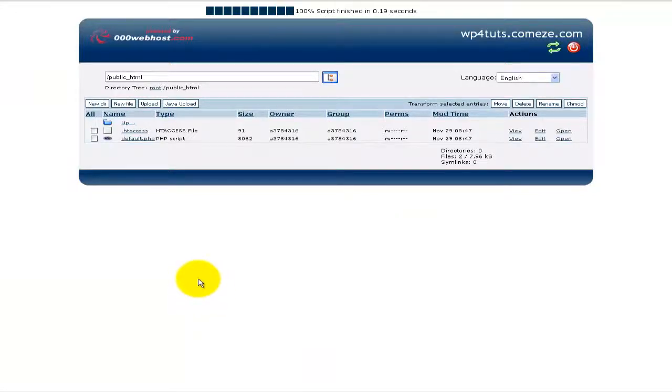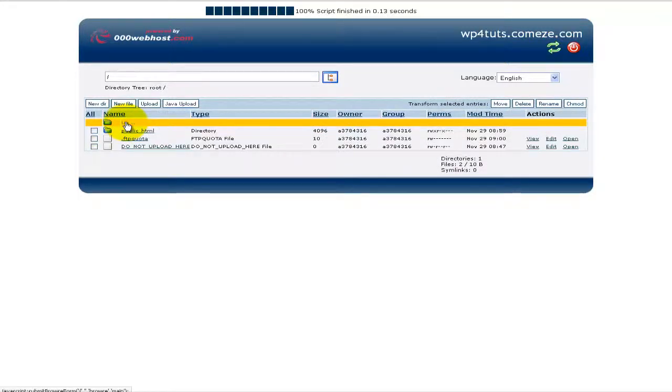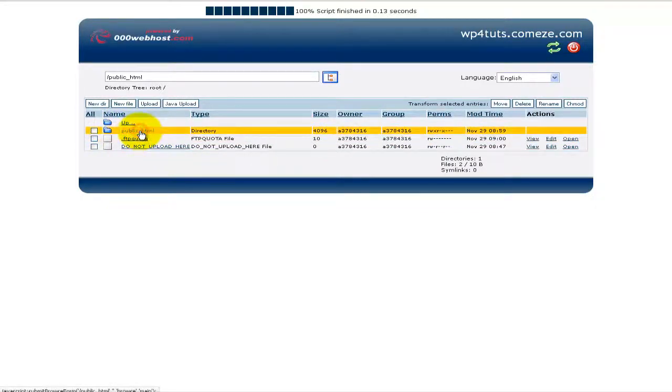Now remember, the file that we have just downloaded is a zip file, so we have to expand that file. And when you are uploading from your cPanel, from some sort of file manager, make sure that the file manager also has an unzipping capability, which in my case is not true. So even if I uploaded this using my file manager, I wouldn't be able to use it, as I need to actually unzip all of these files. So once again, if I go to public here,